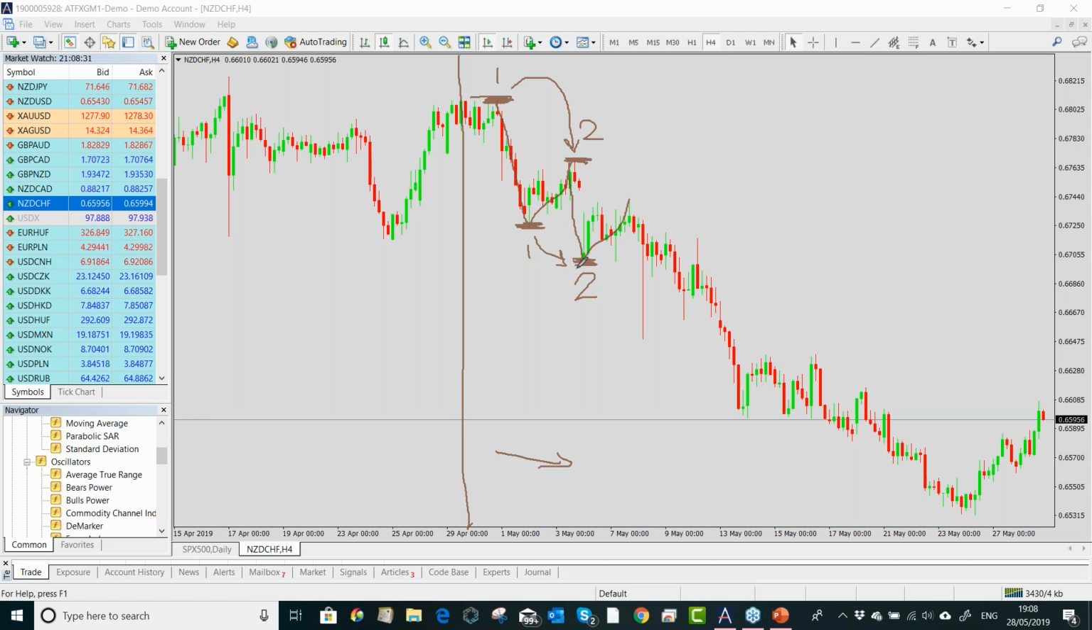And what we're looking for when we're looking at trend analysis is we're looking for a series of lower highs and lower lows for a downtrend. And we're looking for a series of higher highs and higher lows for an uptrend. So if I just draw this for you now, a basic downtrend would be a series of lower highs